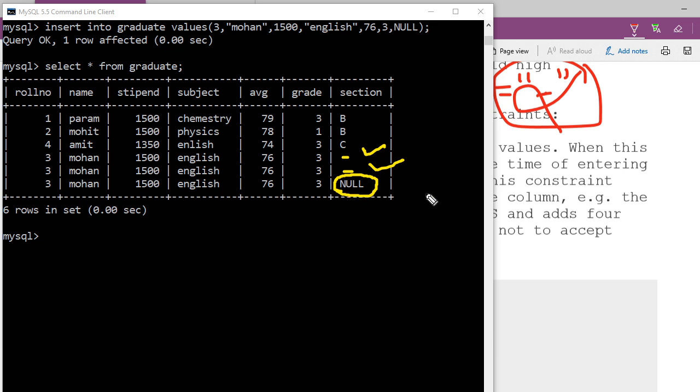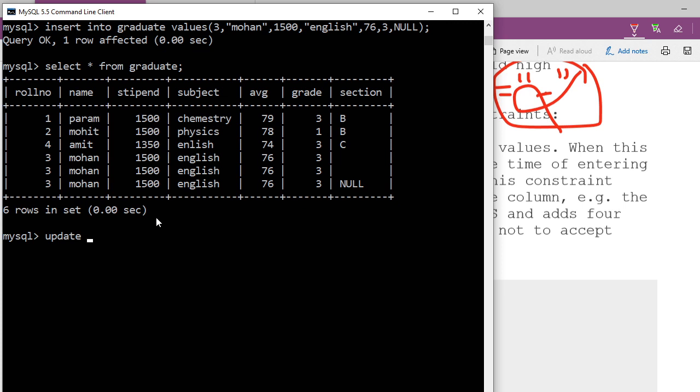Okay, so now very quickly, I know the null value, but now I want to update this table and put section A where the null values are available in the section. I'm going to write a very simple command. This will make it clearer where is null and where is empty.